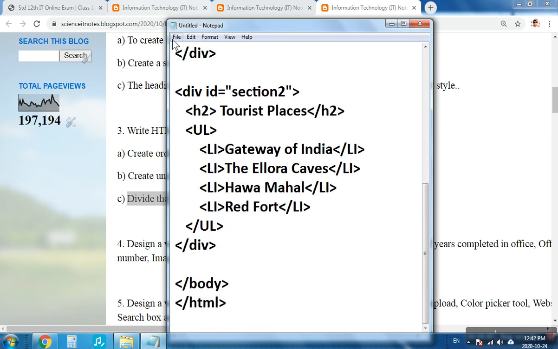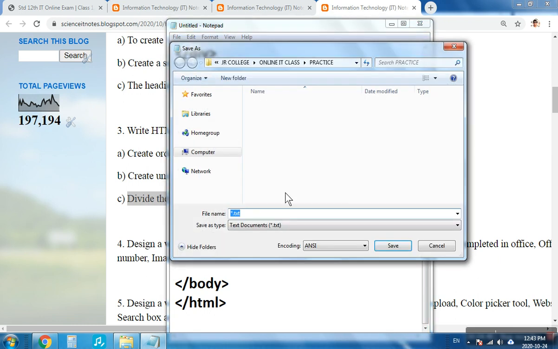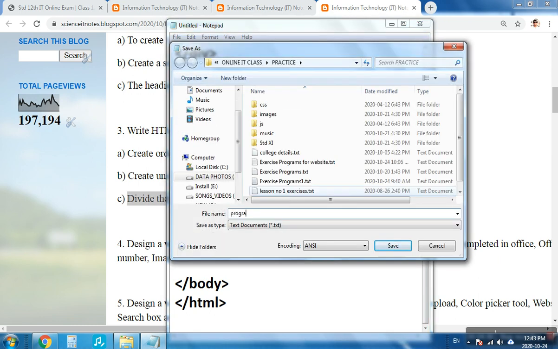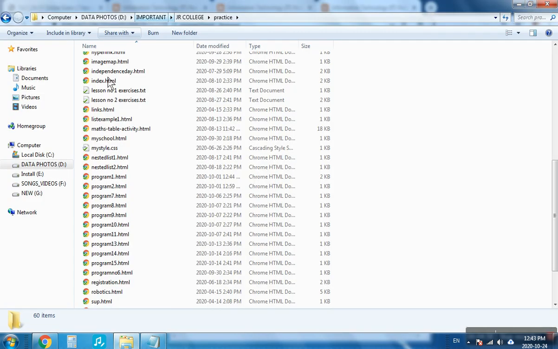So let's save this file and we'll check how the output looks. So this is program 3.html. In save as type, choose all files, so to save it in HTML format, and we'll go to practice folder and we'll open it.